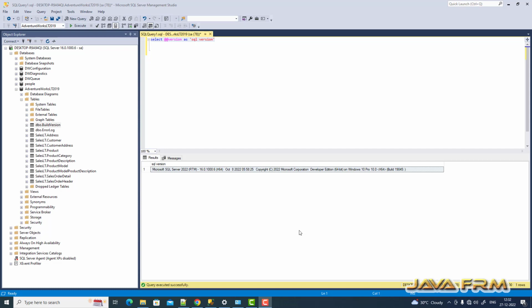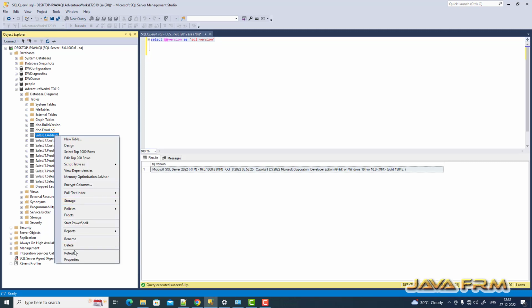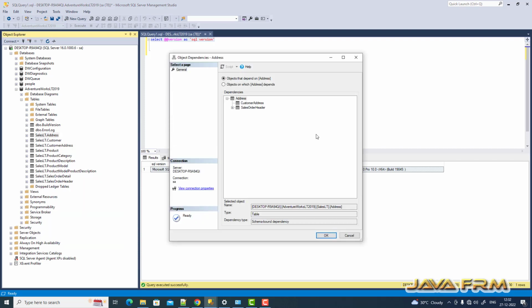So I open the SQL Server Management Studio here. I am in the AdventureWorks database. I am selecting one table. So right click, then View Dependencies. That's it. So you can see that